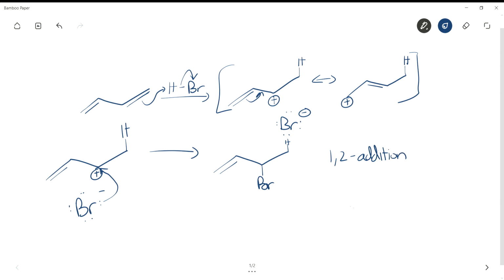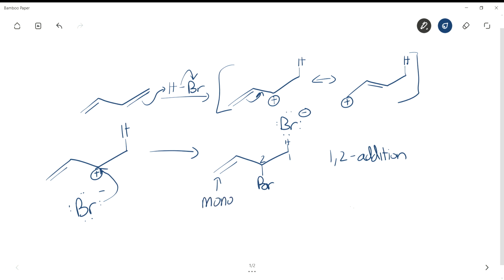Now you may say, why 1,2? Well, the hydrogen got placed on the first carbon, and the bromine got placed on the second carbon. And so yes, this went through the more stable intermediate, the more stable carbocation, but when you look at it, it will end up being the less substituted alkene. So this alkene is only